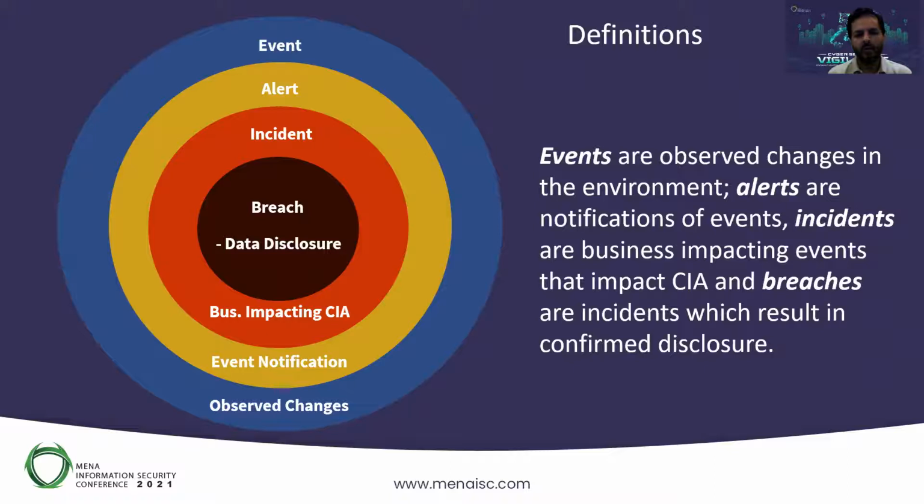A lot of times what you'll find is these definitions are conflated or confused by the audience. So it's always good to just level set the field. When we talk about an event, we're talking about an observed change within the environment. This could be, for example, an update in your firewall rule set, your IDS or router ACLs. An alert would be an event that has been alerted to your SOC team or any other team for that matter. So it's an event that is captured and alerted against a certain given threshold for action to be taken.